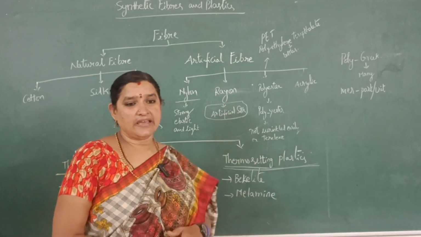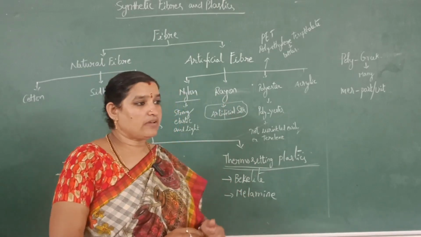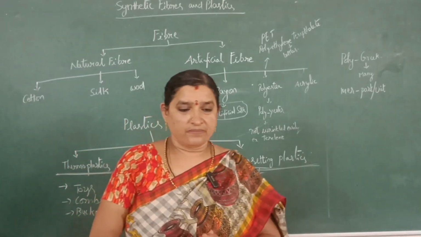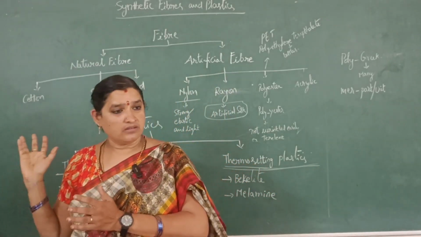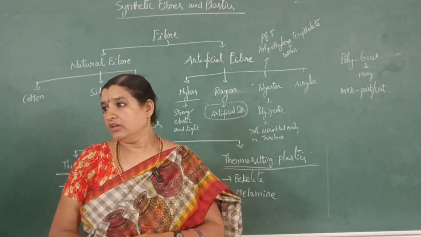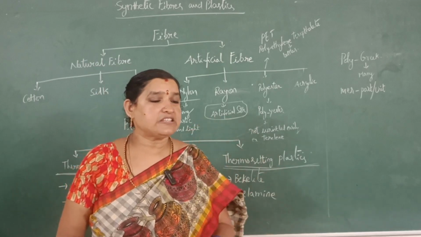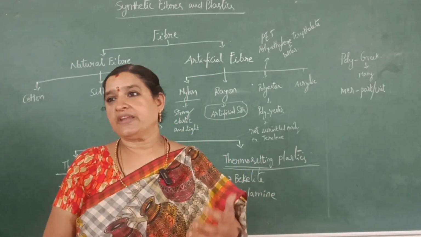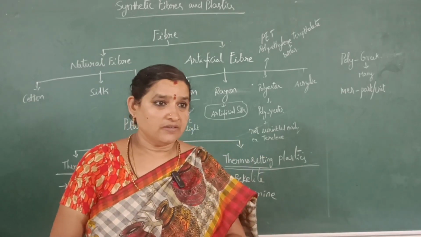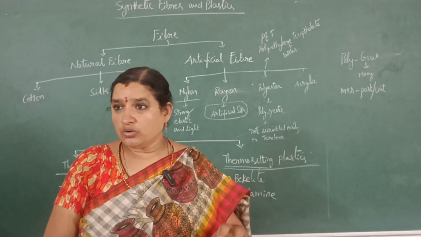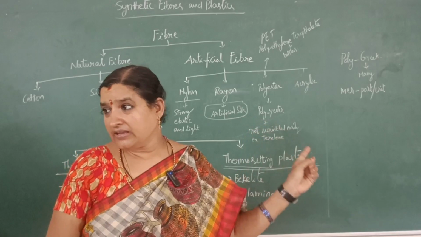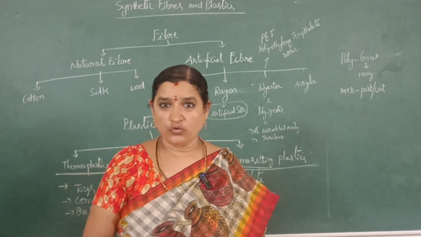The next one is acrylic. Acrylic is also called fake fur. We get wool from sheep, but it is not easy to supply wool to the entire country. We do not have sufficient sheep for getting wool to supply the entire country. It becomes very costly, and it is not possible to supply the entire country. So we use acrylic widely in place of natural wool.